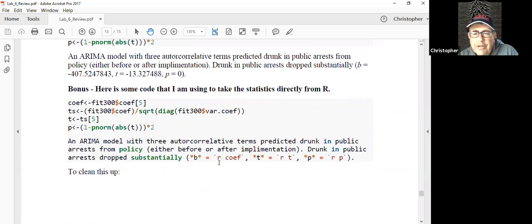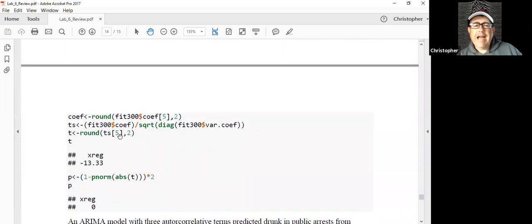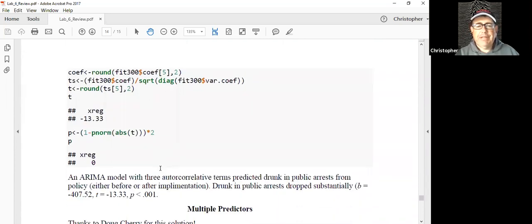R is telling it, okay, take something from R, and what are we going to take? We're going to take the value for coefficient. That's this value right up here. It's going to take our regression coefficient. And for the t-value, it's going to grab the t-statistic. For the p-value, it's going to grab my p-value. And I cleaned it up a little bit here by rounding these values so that I get the correct number, so I don't get p of 0 or my coefficients to 50 decimal places.